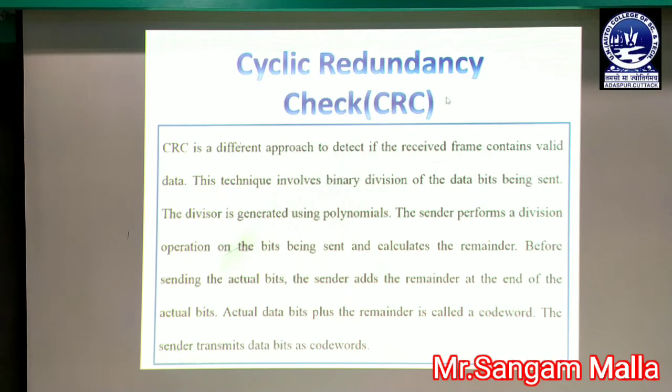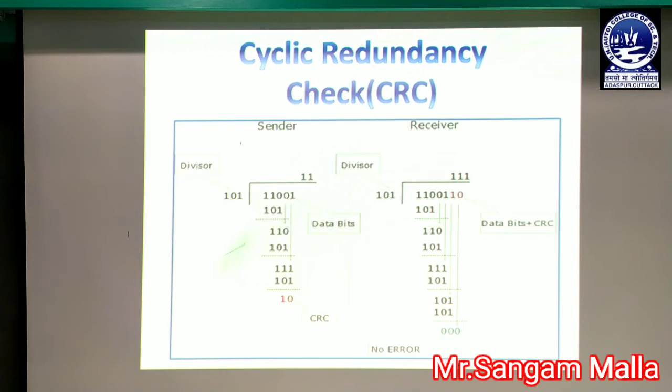So cyclic redundancy check is a different approach in which we are concerned with binary division in place of concatenation or addition of the parity bit at the end or at the top of the frame. So here a new concept is introduced in which we take the polynomial as the divisor, and we divide the whole data by the divisor, and then the data that has been collected as the remainder will be added to the actual bits, and then the bits will be sent from the sender side to the receiver side. Now we will be moving to an example.